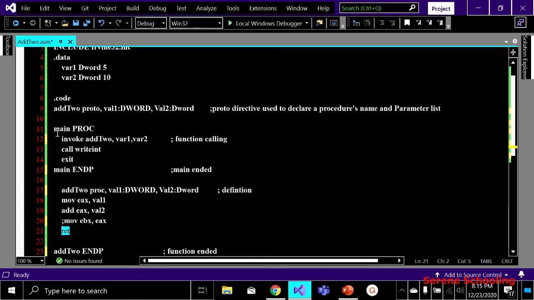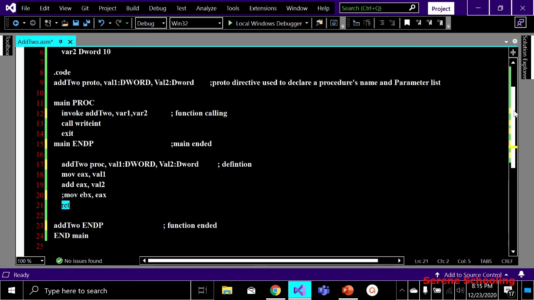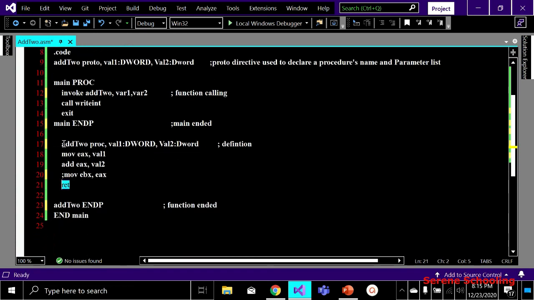Like here you can see, after writing my main procedure, I have written main endp, that my main procedure has ended. So after starting a procedure I have to end that particular procedure also, remember this. In this way, by writing the name of that procedure and then endp, we end that particular procedure, and when our whole program is finished, then we use end main only. We cannot use it anywhere else, just when our whole code is finished.